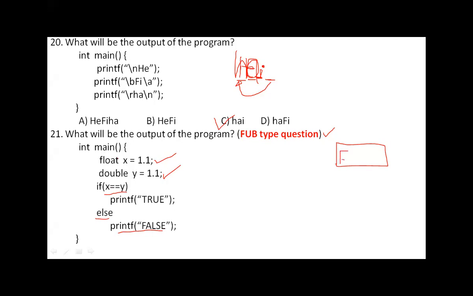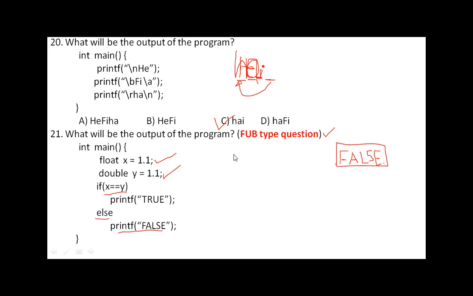Whatever text box is given there, you need to type the answer correctly. Even if you put any extra character, so you should be very careful while typing. By mistake, if you put some dot or a semicolon, then this will be treated as a wrong answer. No extra character should be typed in such text boxes.